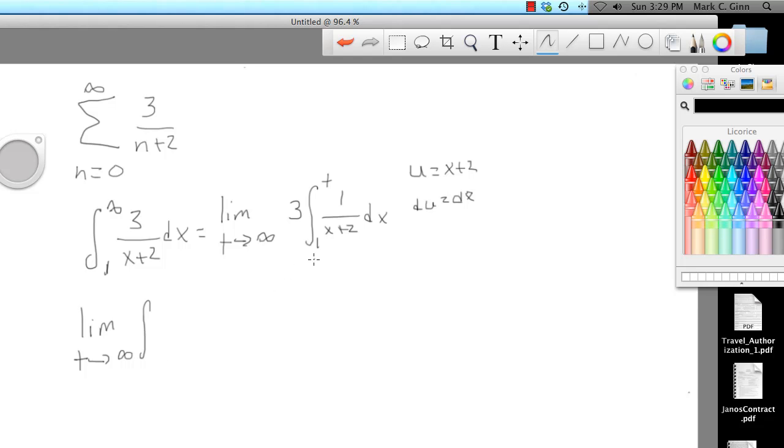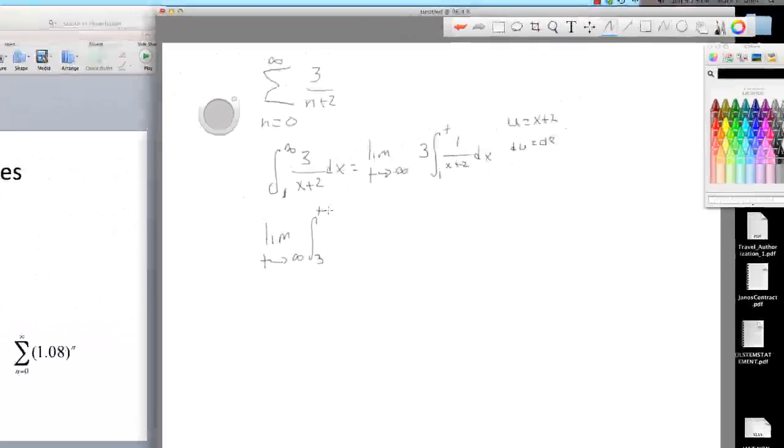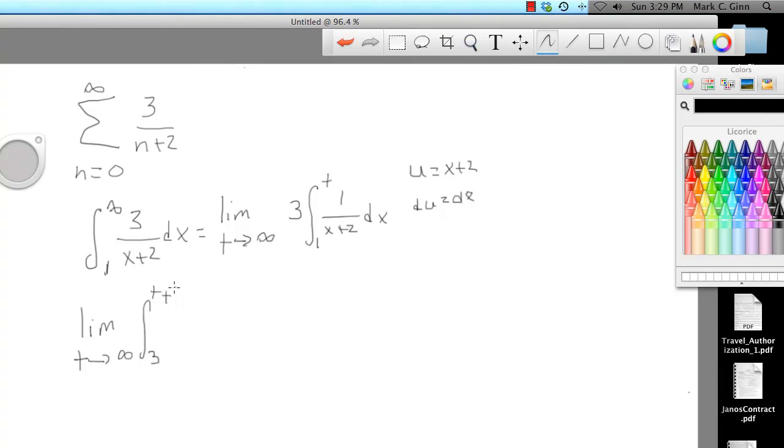Let's see, when x is 1, u is 3, so if I want to switch my limits of integration, I'll be going from 3 to t plus 2 of 1 over u